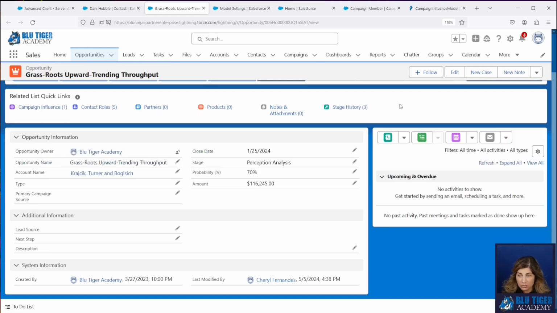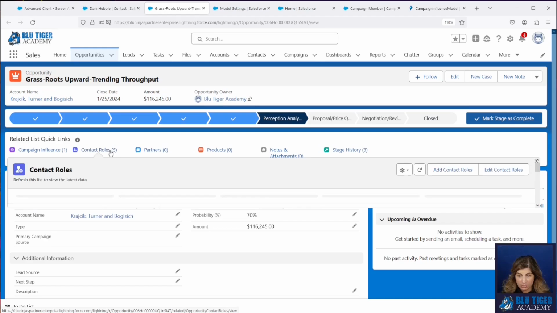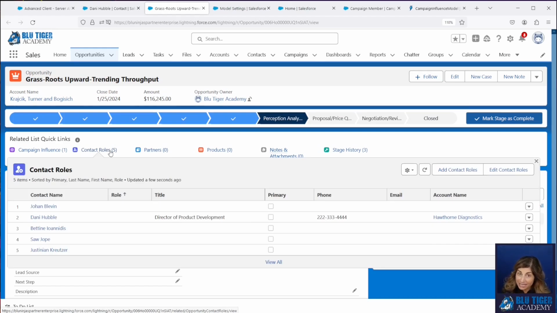So one thing you can do to trigger an update to all existing records, and this is only if your created dates and last modified dates don't matter, which you could seed if you needed to, but you can delete your opportunity contact role records and re-import them, and that would trigger all of your flows to run and then update your campaign influence records for all your models.